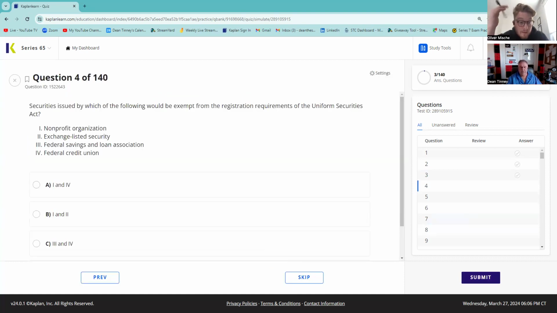Securities issued by which of the following would be exempt from registration under the Uniform Securities Act? So they're not asking about 33, they're asking about the Uniform Securities Act. Okay. So,